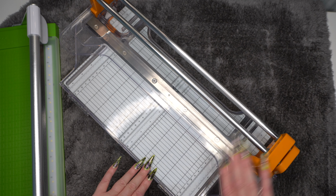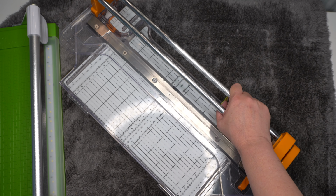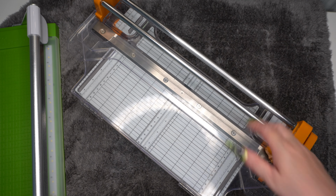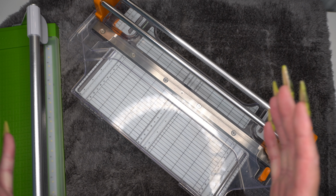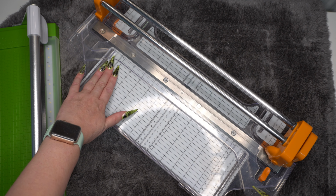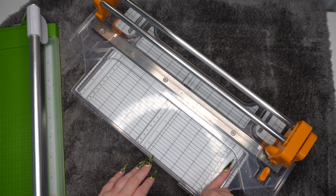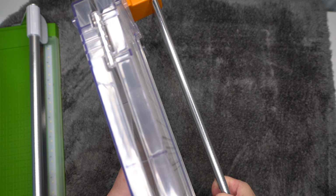So live and learn. I will not recommend this. I'm really disappointed in it, and really this is nothing else but for the bin, unless somebody could use it that doesn't actually need it to be precise, like to the millimetre, because it literally cuts one end and then it ends up being about half a mil shorter at the other end. I don't know which end it is, but yeah,